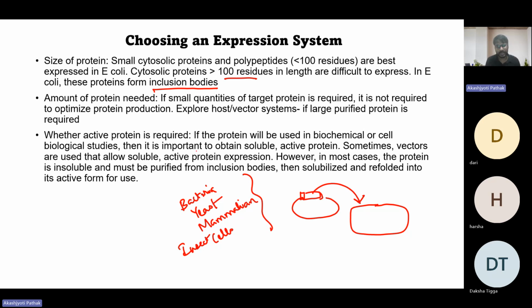What is the protein that you want to express? Now, whether active protein is required will also depend. If the protein will be used in biochemical or cell biological studies, then it is important to obtain soluble or active protein. That is what I was explaining. If your protein is present in inclusion bodies, then the inclusion bodies always come in your pellet fraction. So if you are expressing a protein in bacteria, for example,